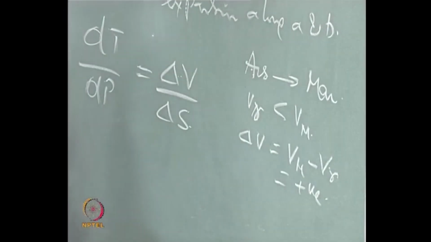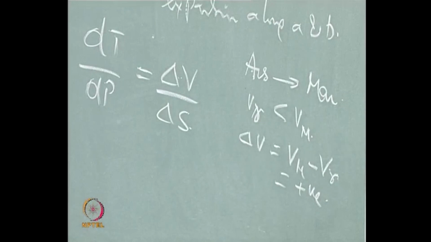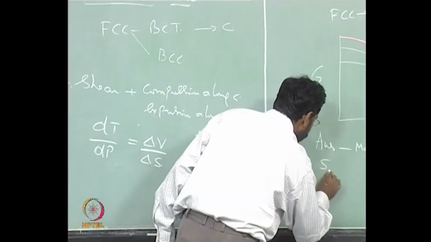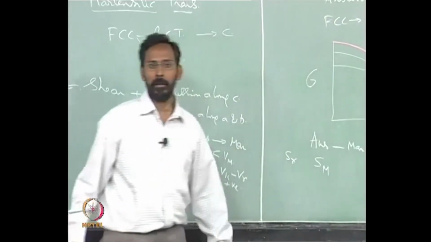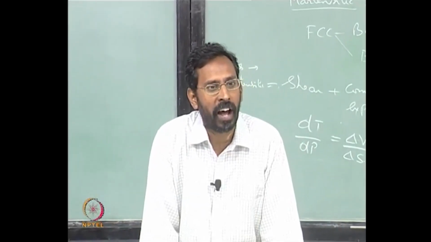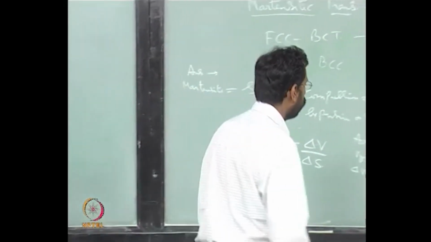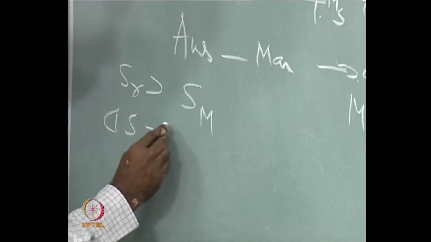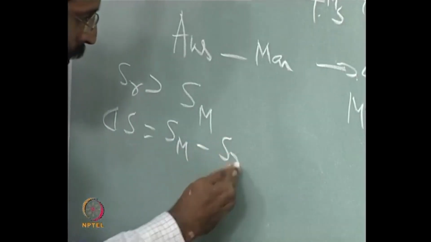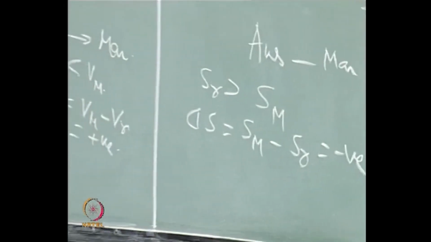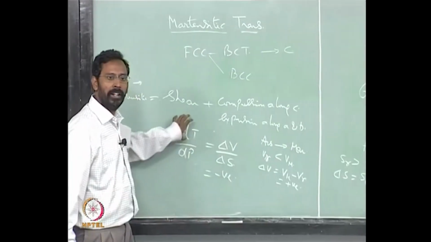And if you look at the delta S part of it, S of gamma and S of martensite, which will be higher? Gamma will be higher because it is a high temperature phase when compared to martensite. So delta S, S of martensite minus S of gamma, will be negative. One is positive, another is negative, so the ratio is going to be negative. So the higher the pressure, the temperature should be lower,